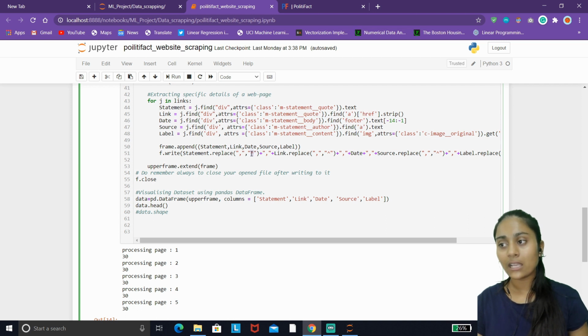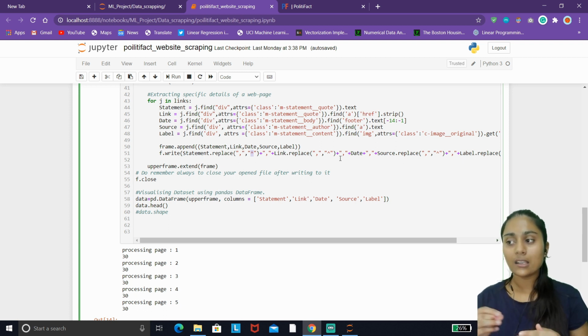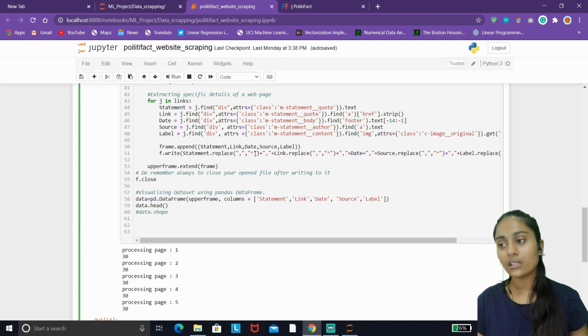So I am replacing this comma value with this. When you open your Excel sheet, you must ensure that you replace this special character with a comma again, so that your values convert into the original format. This is a good practice: replace commas from your CSV file while writing to it with some other specified special character.